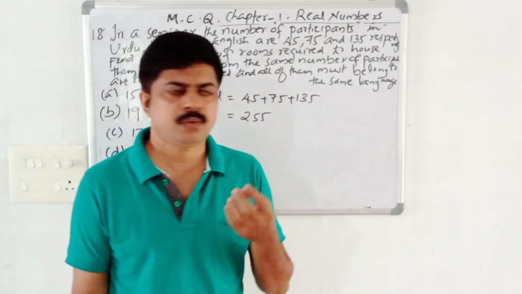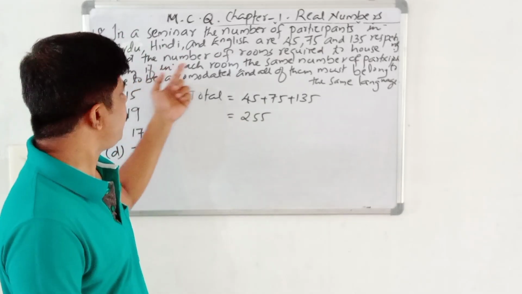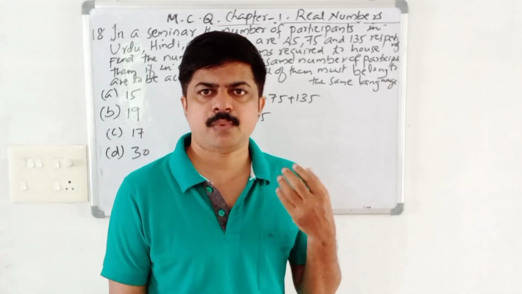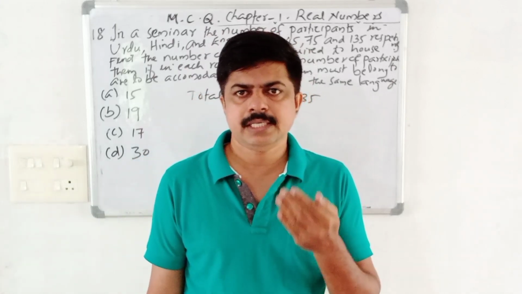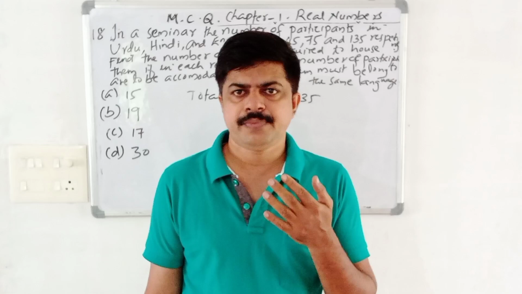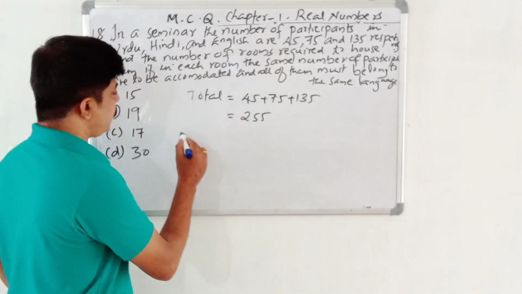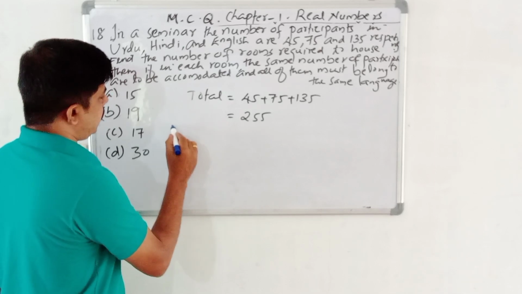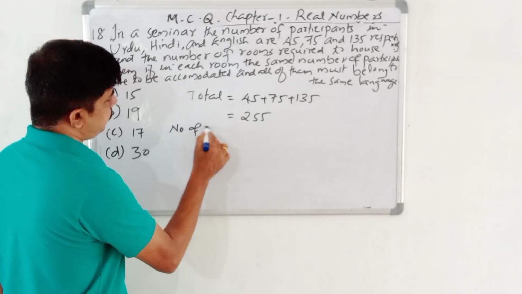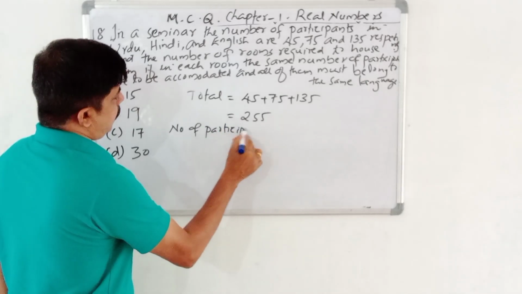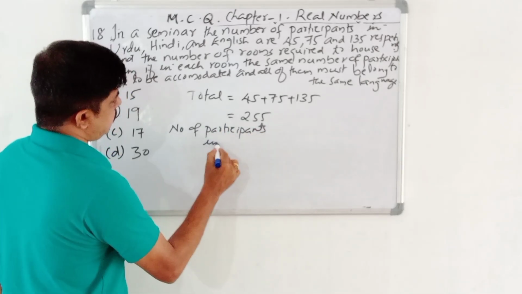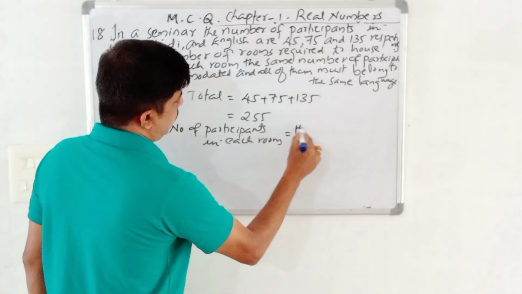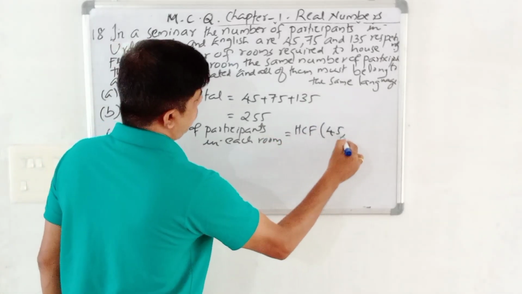Here the question is how many rooms are needed. We need to find the number of rooms required. Before we find the number of rooms required, we should know in each room how many participants can be accommodated. Therefore, we need to find the number of participants in each room. The number of participants in each room is equal to the HCF of 45,